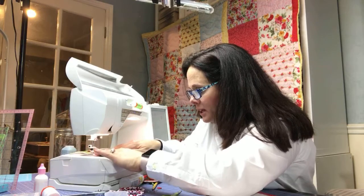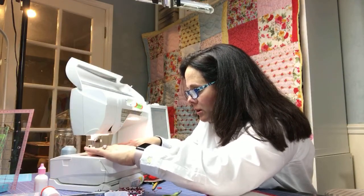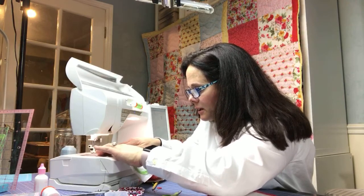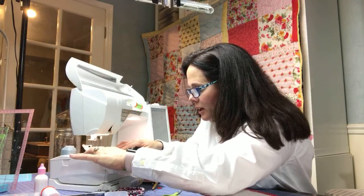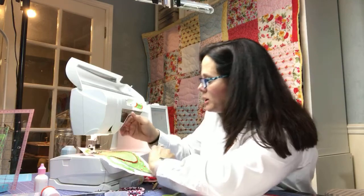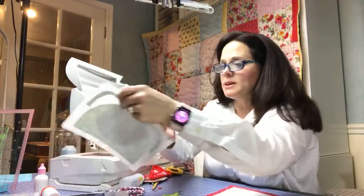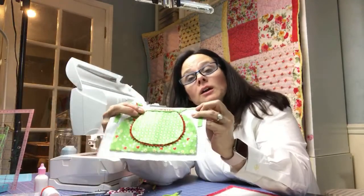I'll use a big, huge spool of it because, well, I don't know. I want to just easily, okay, I'm kind of going off kilter there a little bit. Okay, now I'm going to come up here. So let me show you what I've done so far. Let's take this off and let's trim this. Oh, didn't trim all the way. Okay, so that's a little,